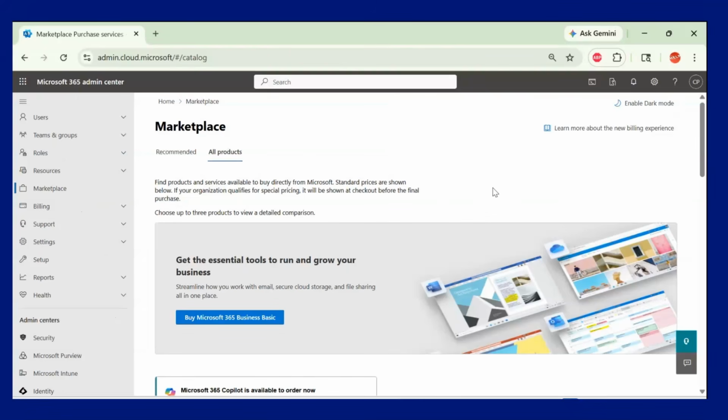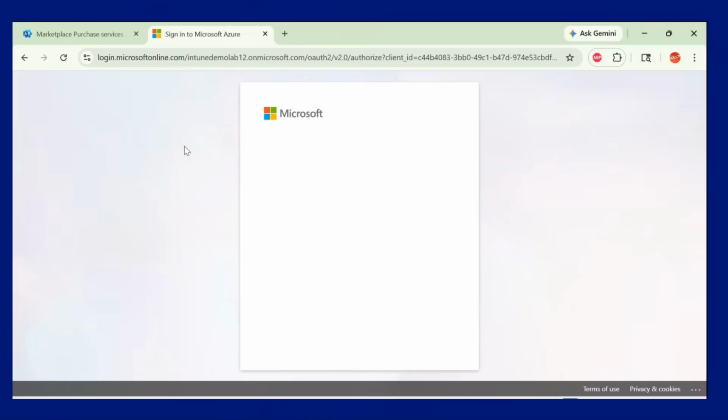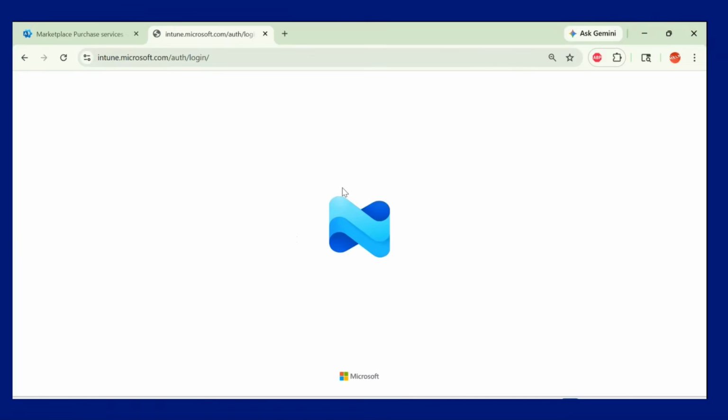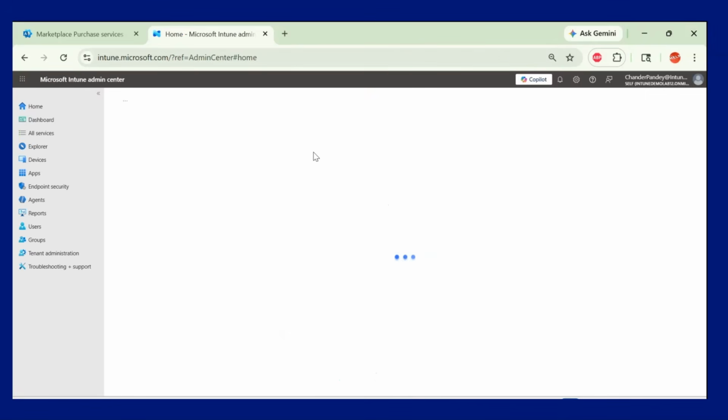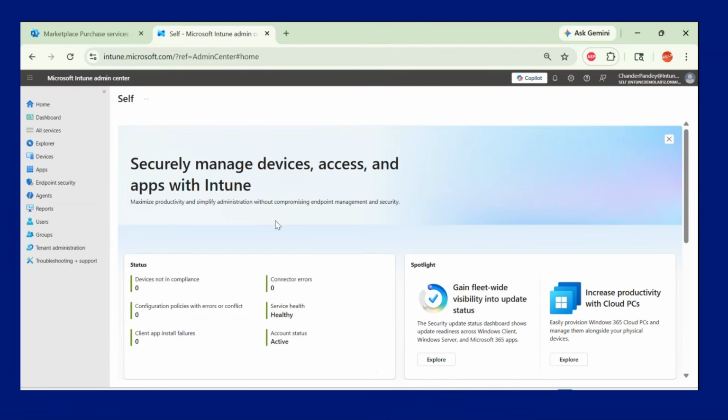Now we can log in to the Intune portal, and to do this we have to go to the admin center, and then we have an option called Microsoft Intune. Click on this and then select the account. And now you can see that you are able to log into the Intune portal, and then you can use Intune for 1 month, free of cost,